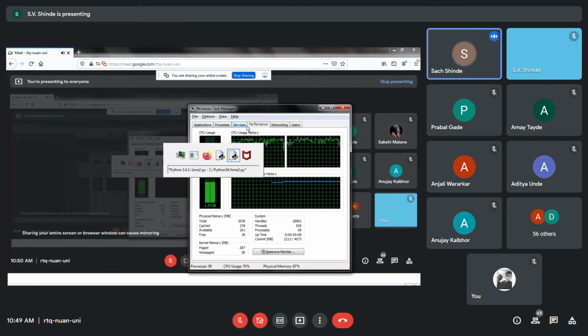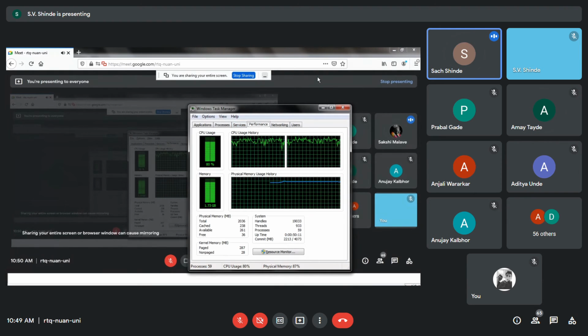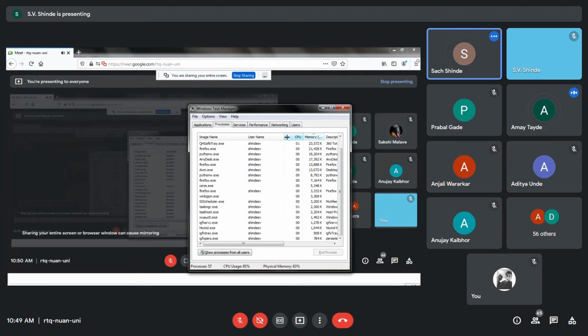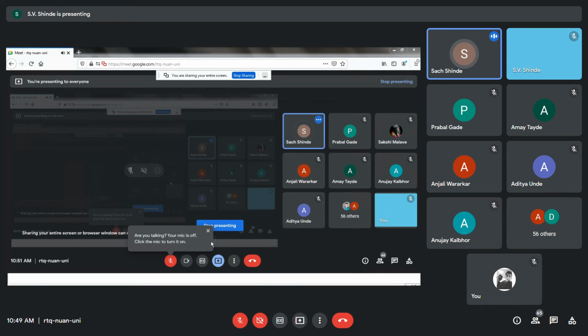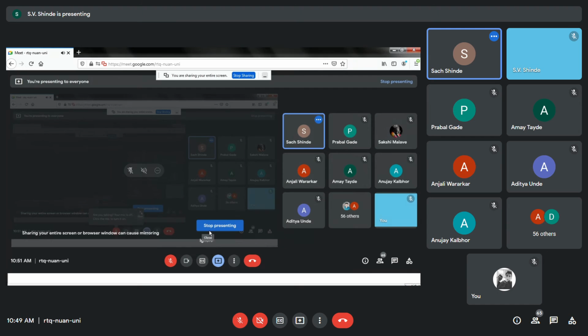One more task is running, that is your antivirus. I'll remove it. When we reduce the load of the system, then and only then are we going to get good performance. You can see my CPU usage is now coming down. Still some processes are consuming the CPU. You can see which process is consuming the CPU and memory. So we should know some basics of programming so that we can write memory efficient programs. It is not enough that a program is written and working. The most important thing is that we write memory efficient programs.